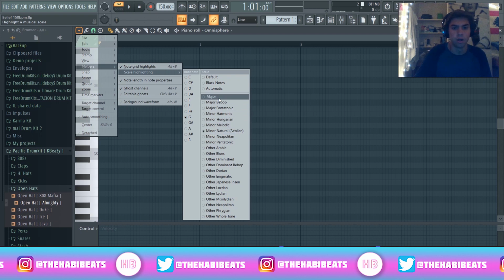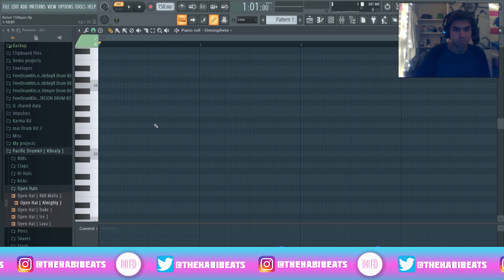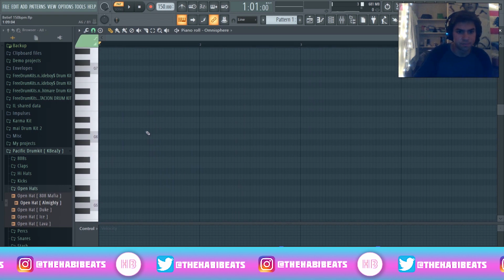Major is going to be more of a happy sound, see that's kind of happier, as opposed to a minor Aeolian, which is darker, more of like a darker like that. So I'm going to go a little bit more darker. I'm going to go with minor Aeolian, and basically how to construct your chords is, say, you want this pitch